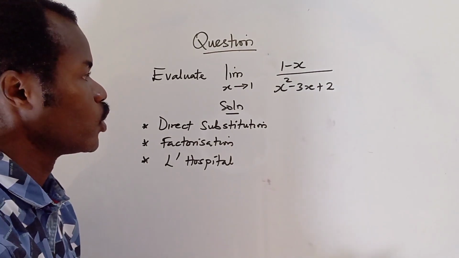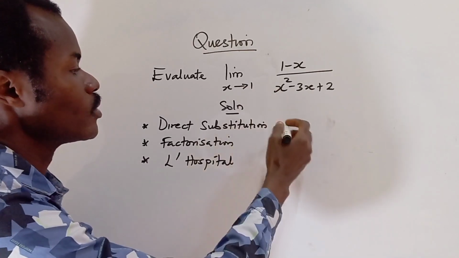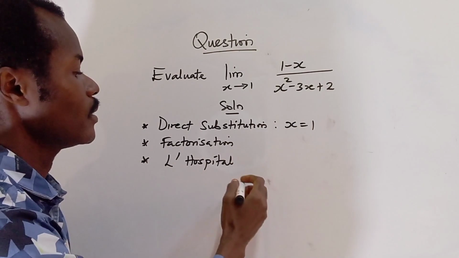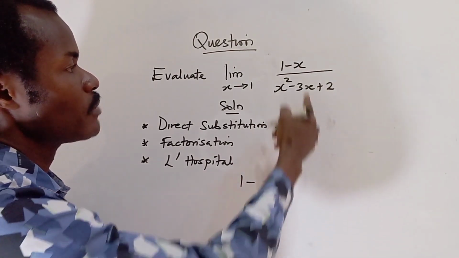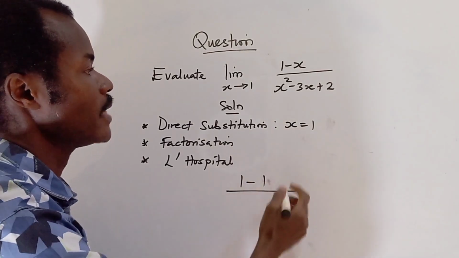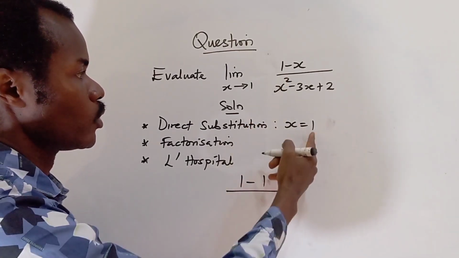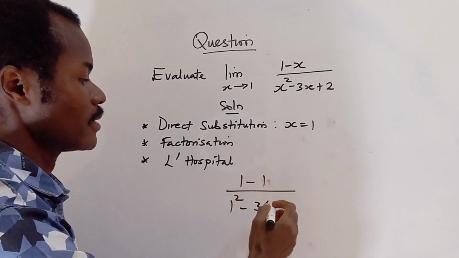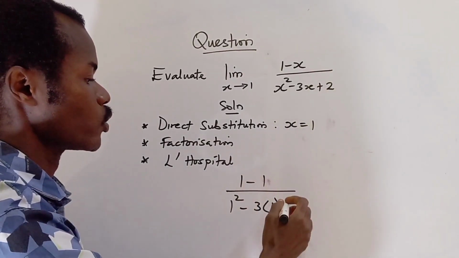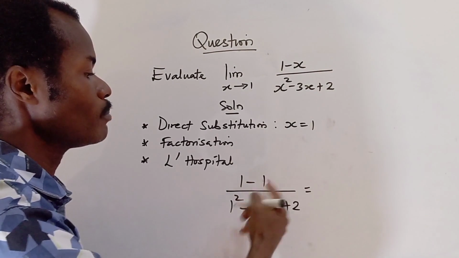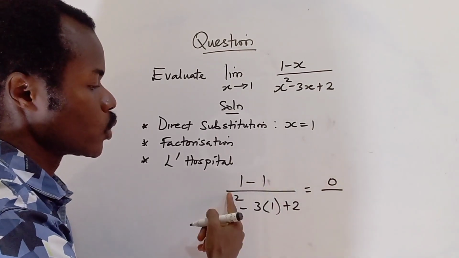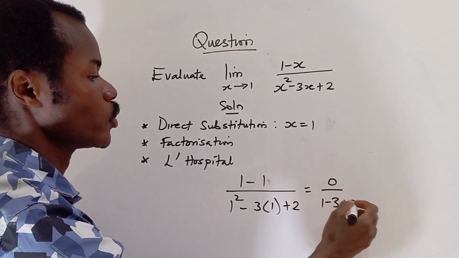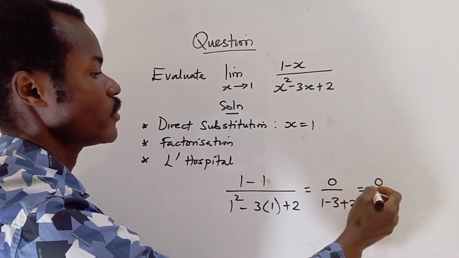Now for direct substitution, all we need to do is directly substitute x equals 1 into this. Let's do that quickly. So I'm going to have 1 minus, let's make x 1 here, divided by, we have x again as 1, so we have 1 to the power of 2 minus 3 multiplied by x as 1, plus 2. 1 minus 1 is 0, 1 squared is still 1, 3 times 1 is 3, so plus 2. So this is going to give us 0 divided by